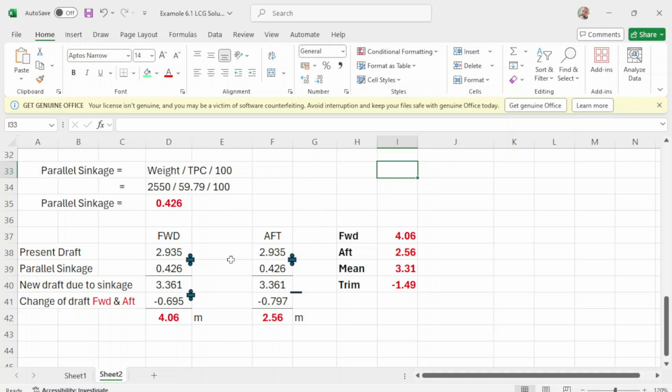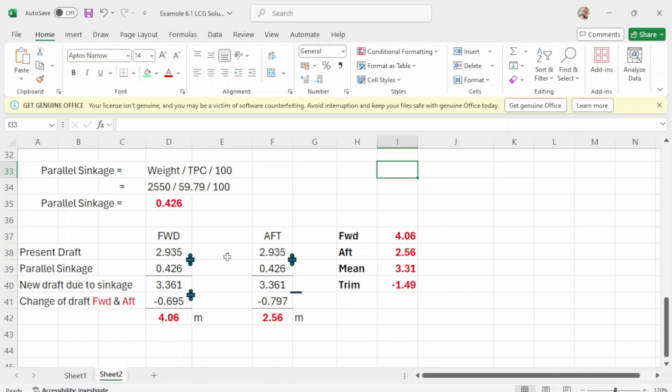Once you put a cargo in the vessel, it is going to sink. So you add your parallel shrinkage, and the new drop due to shrinkage forward is 3.361 and up drop is 3.61.